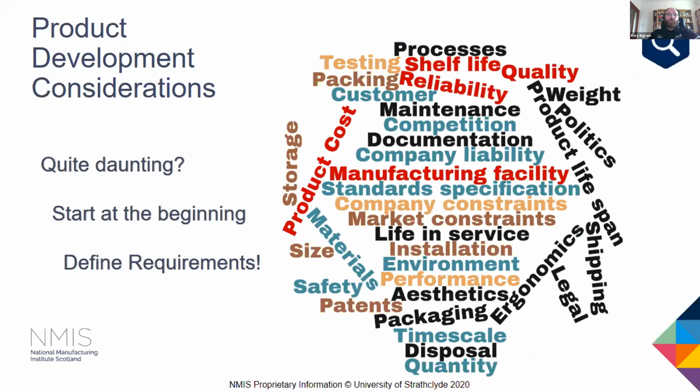There's a lot to consider when developing new products. If you're doing it from scratch or for the first time, you possibly won't know where to start, and there'll be lots of things you haven't considered or thought to consider. It's quite daunting, but you have to start somewhere, and the best place to start is with defining the requirements,